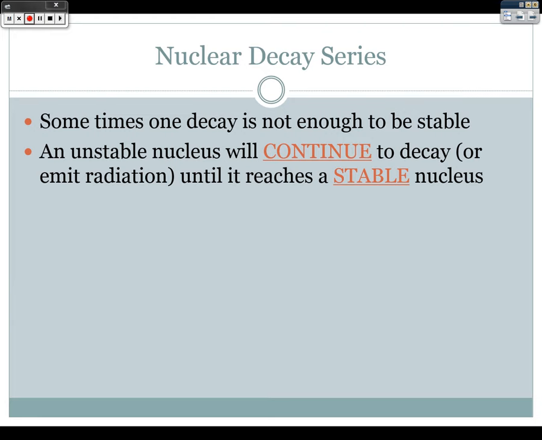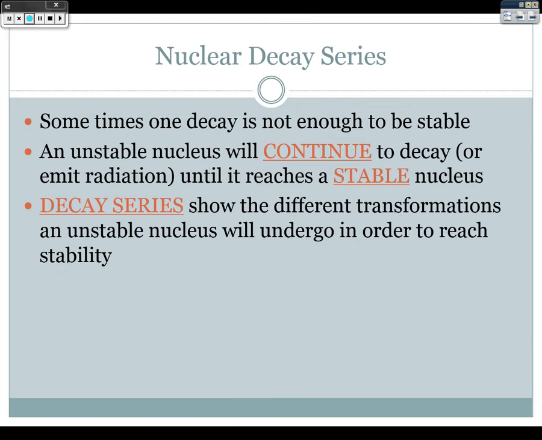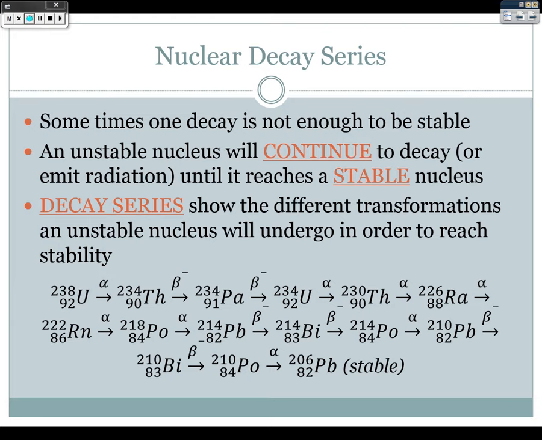Now, I will never ask you to memorize the nuclear decay series, but I will ask you to fill in the blanks. And so decay series show the different transformations of an unstable nucleus in order to reach stability. And so something like this, where uranium is going to decay through various different reactions down to the stability of lead-206, it's going to undergo alpha decay from uranium-238 to thorium-234, then beta to protactinium-234, down to uranium-234, down to thorium-230, down to